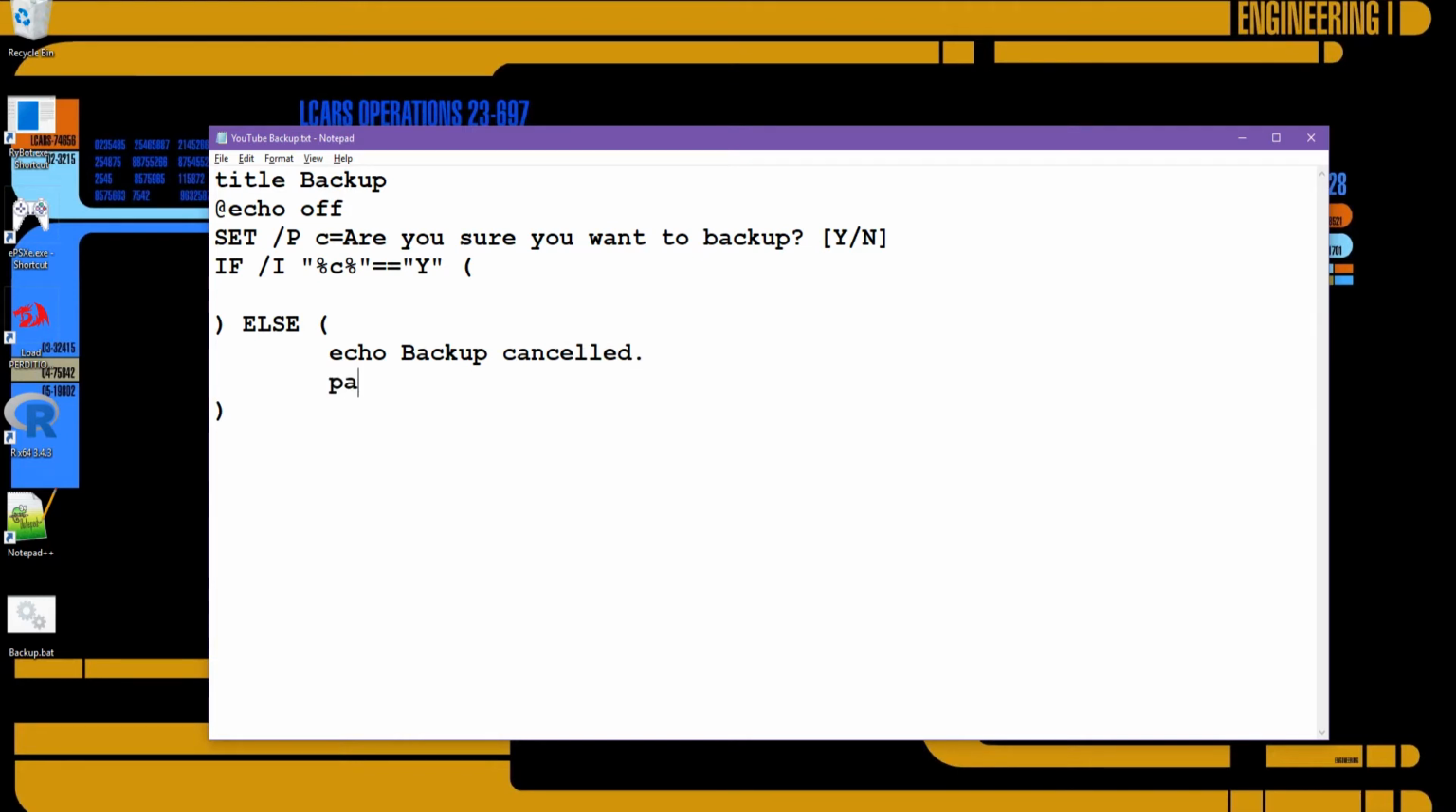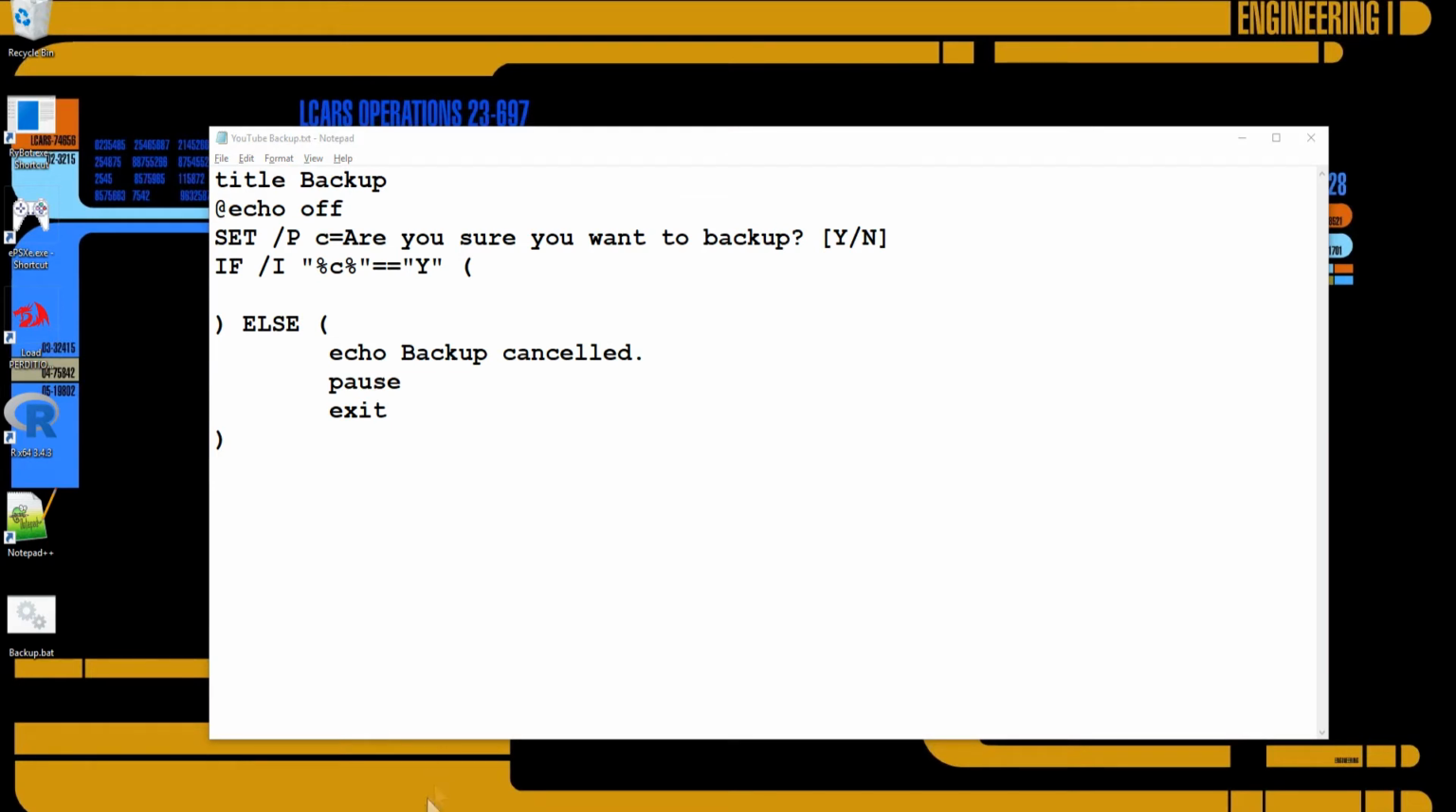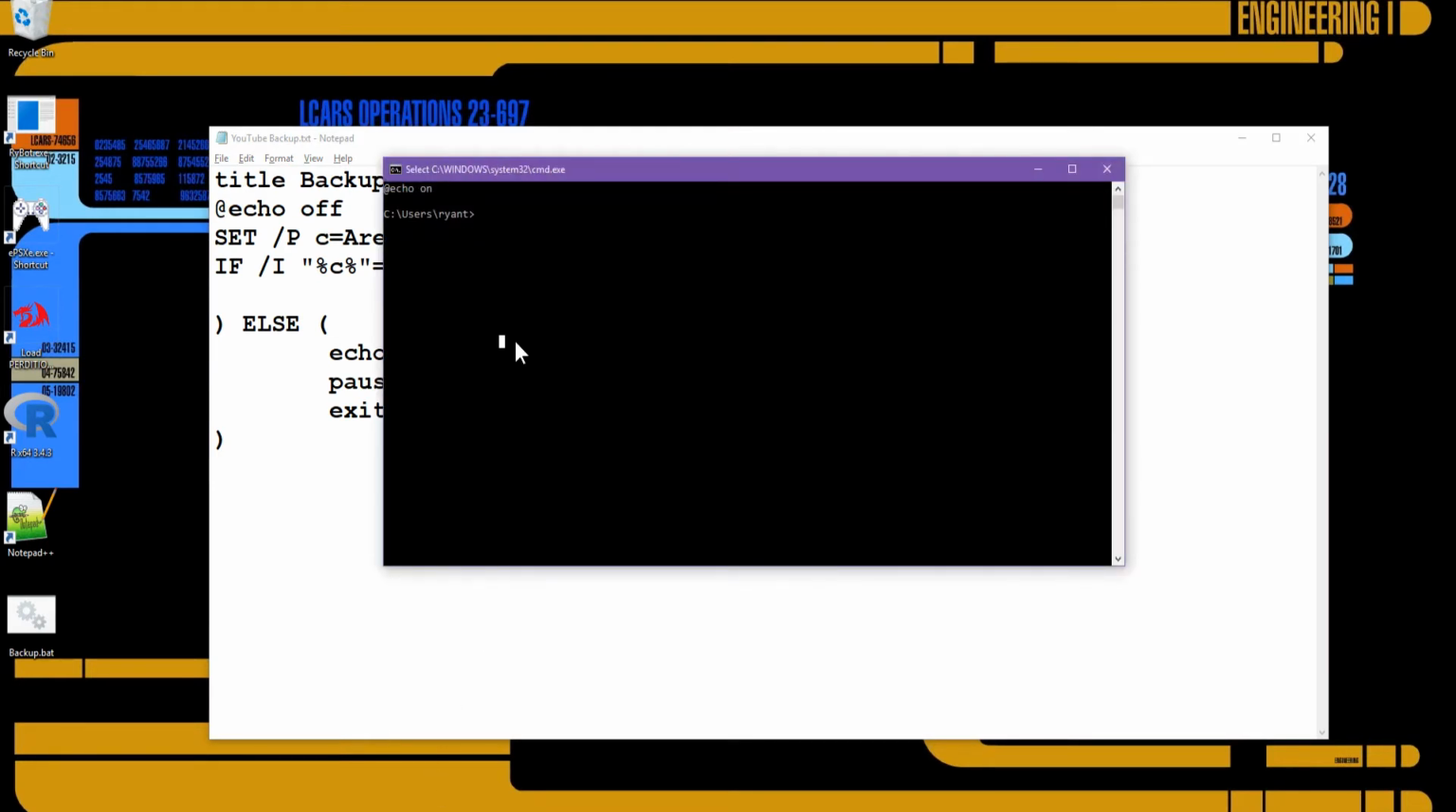And then we will say pause, and then we will say exit, and I will go through each of these lines. So like I said, echo just prints to the screen. You probably saw me do it earlier. So like echo hi prints hi. Echo period will print a blank line, and that's how echo works. Pause will do the press any key to continue thing that I'm sure you've seen before, and exit is obvious,